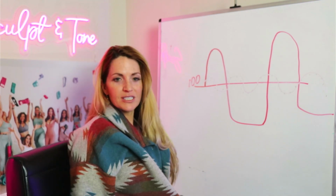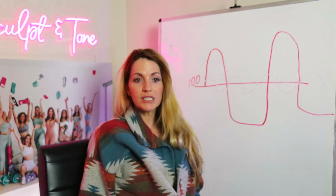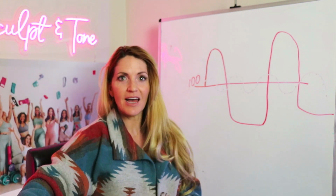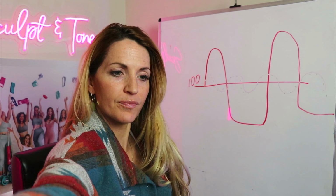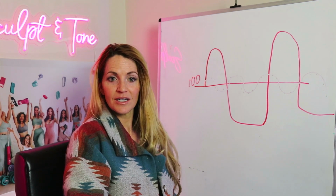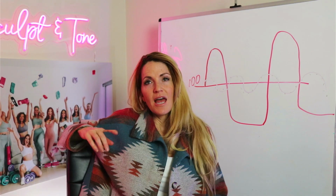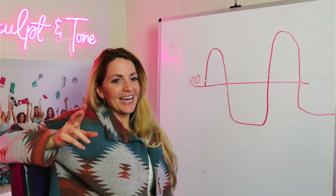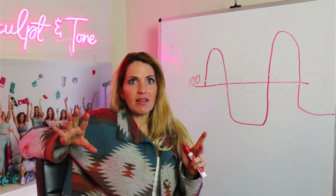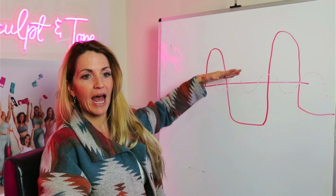So where's all my nurses at? When the blood sugar spikes like this, let's say we just have coffee and sugar. We didn't put anything else with it, and it spiked my blood sugar. What is the organ that starts to jump into action? What is the organ that takes place when the blood sugar is out of whack? Heart, not the heart. I know where you're coming from with that, though. What you're saying is that we'll have issues, right? If your blood sugar is too high, we're going to have some issues, right? I get that. But what happens in the body that wants to regulate this high blood sugar to bring it back down into the neutral level? What organ